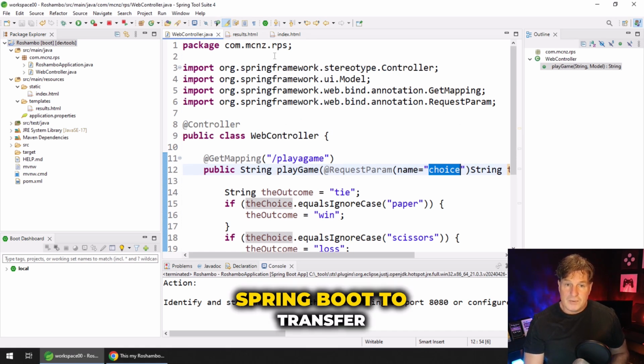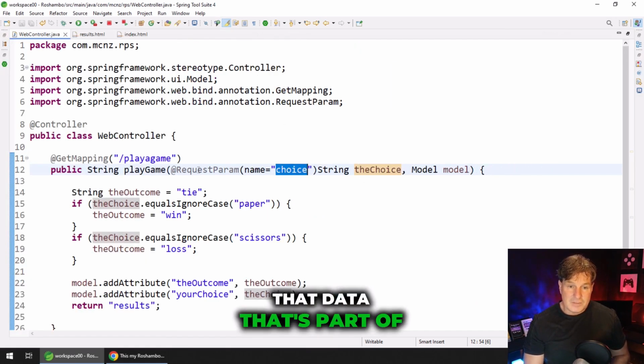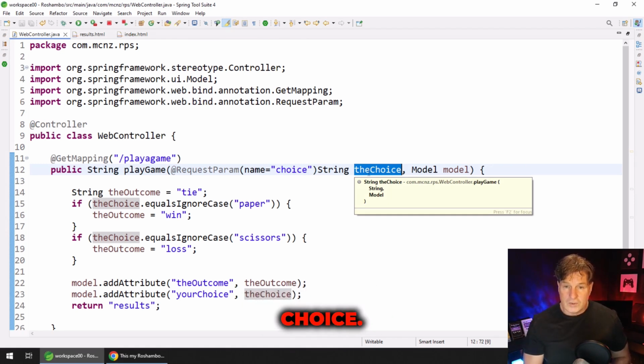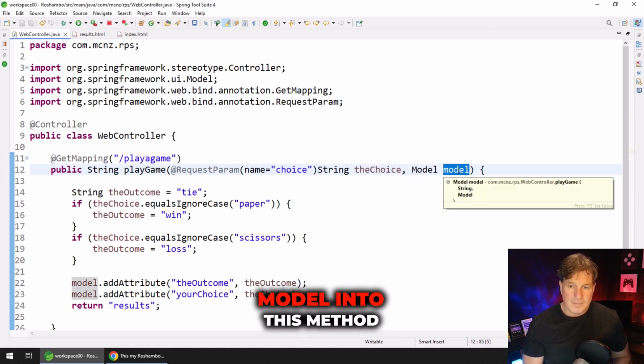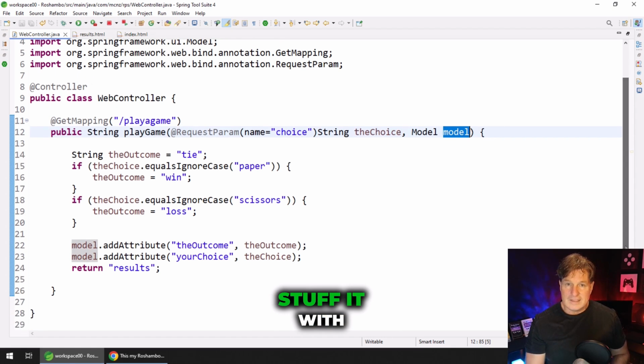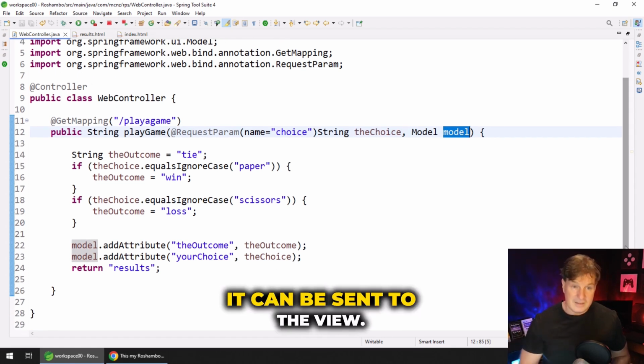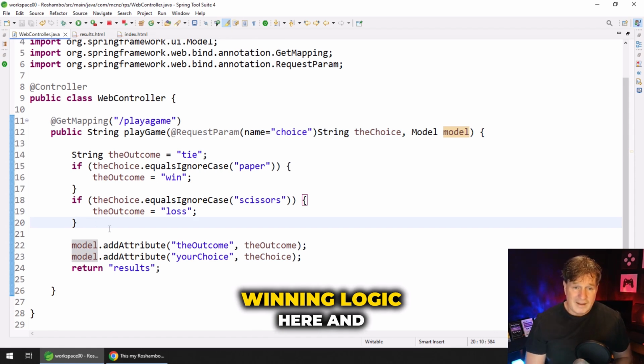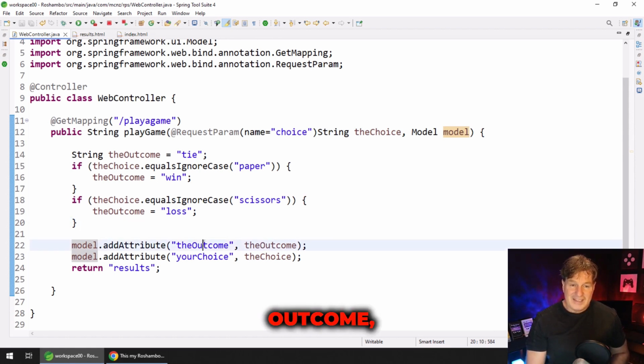We get Spring Boot to transfer that data that's part of the query parameter into a variable that we can use in our method called the choice. We've also passed the model into this method so that we can stuff it with Java beans that can be sent to the view. We perform some Nobel Prize winning logic here,